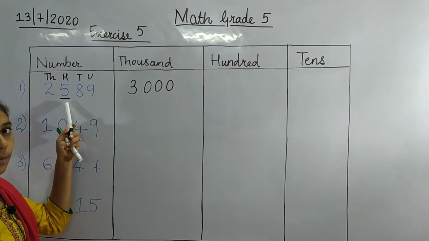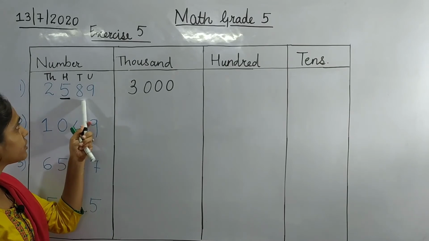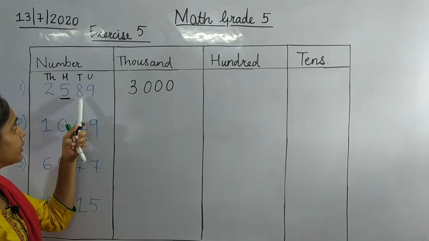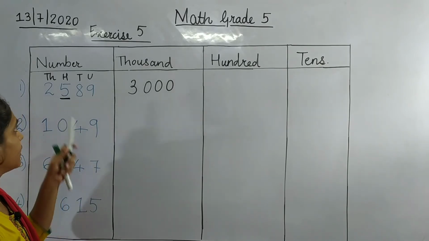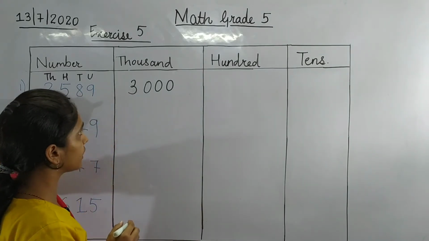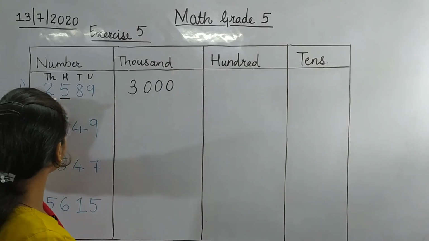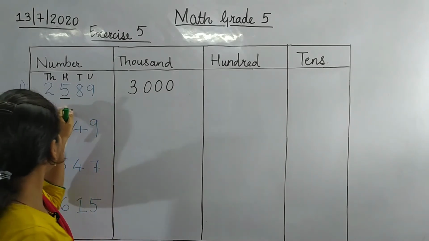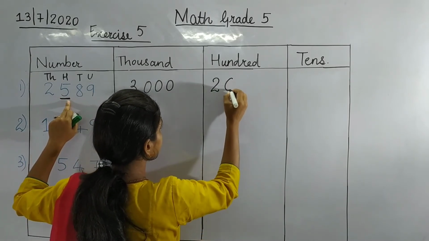Now to round off the number to 5, we have to check the number lying after 5. So after 5, which number is there? 8, and 8 is greater than 5, right? So what we do? We add 1 to number 5. So 5 plus 1 becomes 6. The numbers before 5 will remain as it is, because we are rounding it off to the hundreds place. So only the hundreds place number will change. So 2 remains as it is, and 5 becomes 6 now.